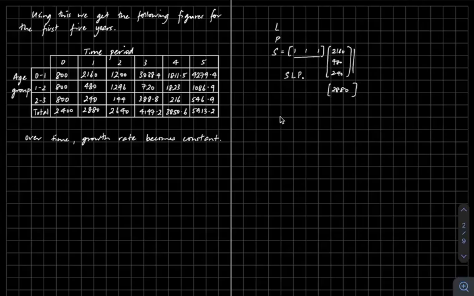And so, for example, we could consider what's the population after 100 years, 100 time periods. And we could go 500, we could go 50. We'd probably find that it's constant after that. Now, I'm going to do this as my total female population. So I would on my calculator be going S times L to the power of 100 times the initial population. Okay, so S times L to the power of 100 times P, and that's going to give me, my calculator tells me, a